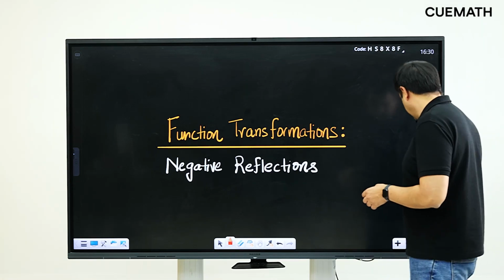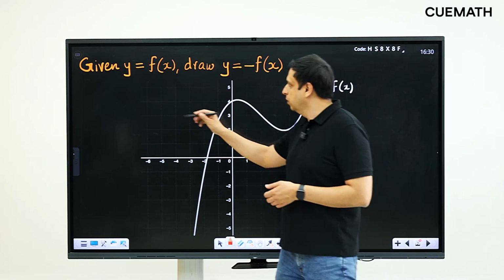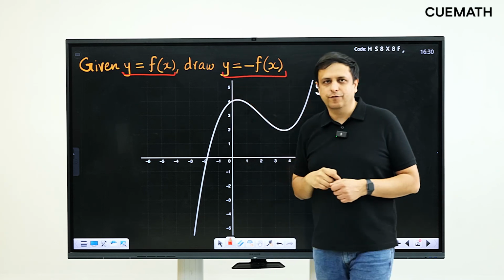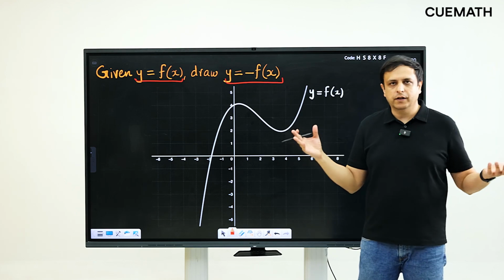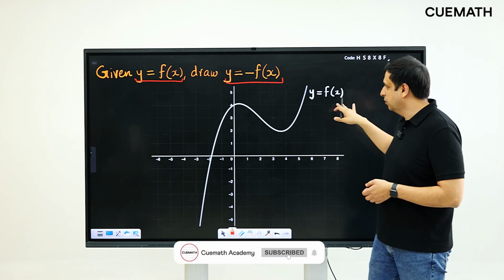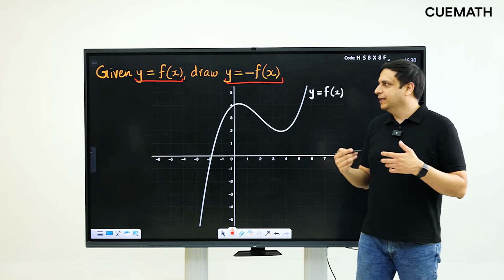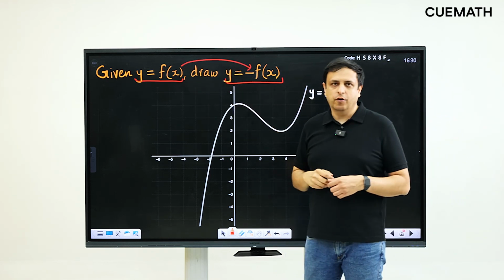means, let us take a look at our first example here, which says given y equal to f of x, draw y equal to minus f of x. So, we have this graph here of some arbitrary function f of x, and using this we have to draw the graph of y equal to minus f of x. In other words, we have to transform f of x to minus f of x, and that is what we